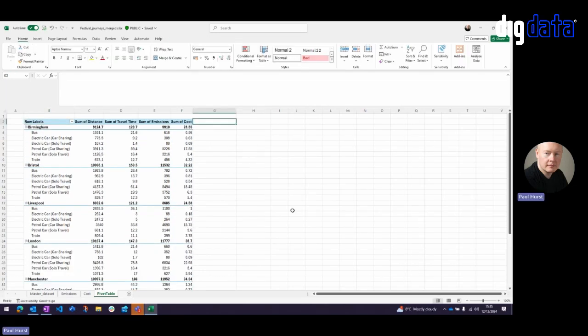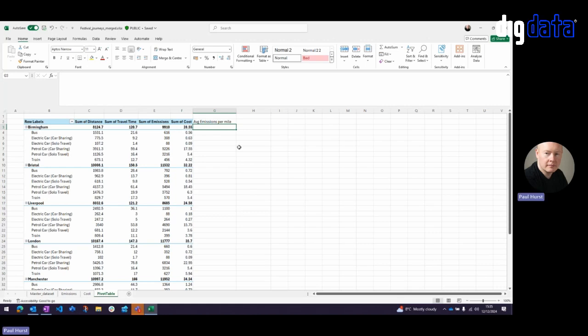So now we've got the pivot table done. I'm looking at the columns. Can we add some more information to give us better insights? We've got the sum of emissions and we've got the sum of the cost. Can we do some averages? So average emissions per distance and average cost per distance, and then even average emissions per travel time and average cost per travel time. So let's add some more columns in there to see what that looks like for us. So if we just start off with average emissions per mile,